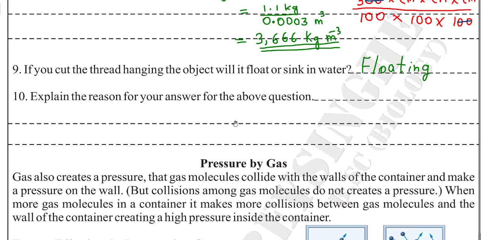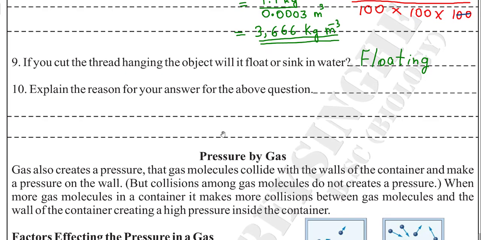Explain the reason for the above question. There are two reasons, children, we can explain. One thing, the weight of the object is greater than the upthrust applied by the water. Right? You can write the weight of the object